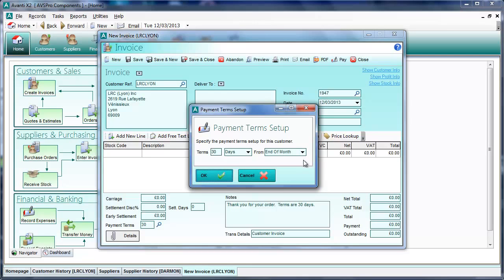So that just gives you an idea of the new facility to set up your own payment terms however you like. This has been a highly requested feature, so if you are one of those customers who are going to make use of this,